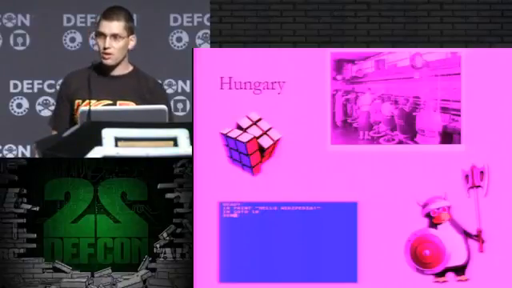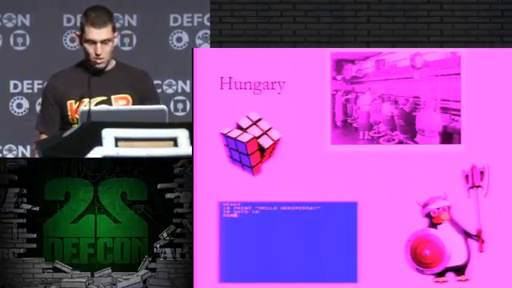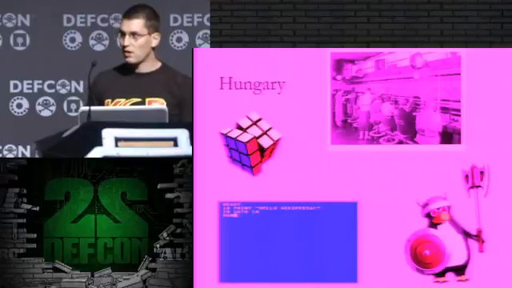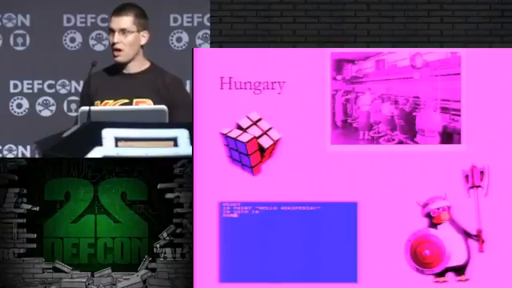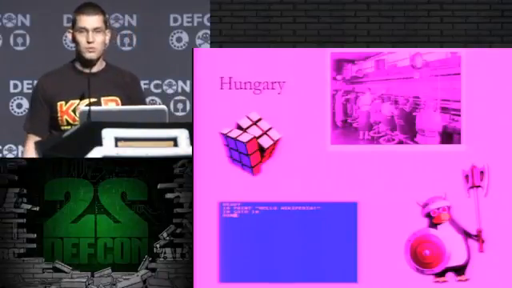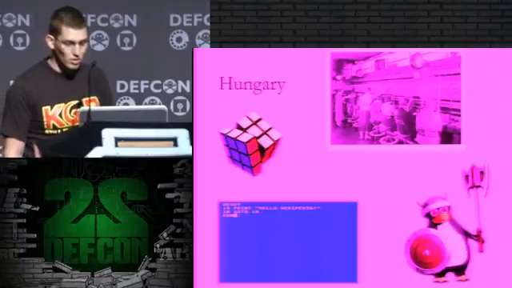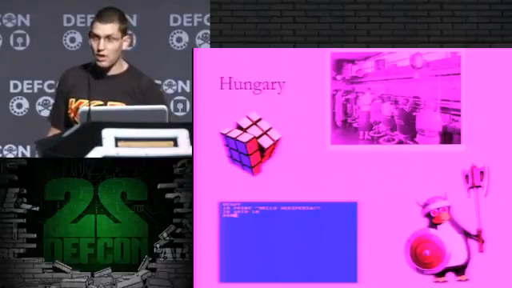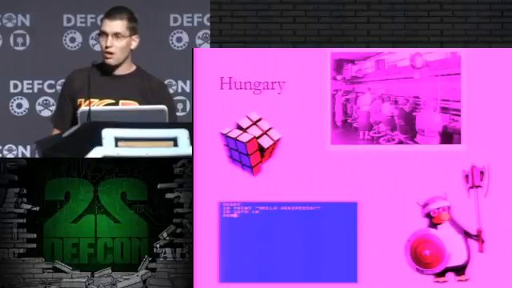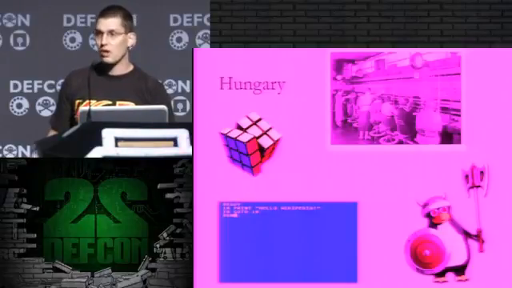For example, did you know that the Rubik's Cube was invented by a Hungarian guy 40 years ago? Or did you know that the phone exchange system is the idea of a Hungarian guy? I think that the phone exchange system is basically the grandmother of the internet. Also, one of the main developers of the BASIC language is from Hungary. And last but not least, 2 years ago, a guy nicknamed PaX won the DEF CON Lifetime Achievement Award here for his Linux kernel security patches. He's also from Hungary.